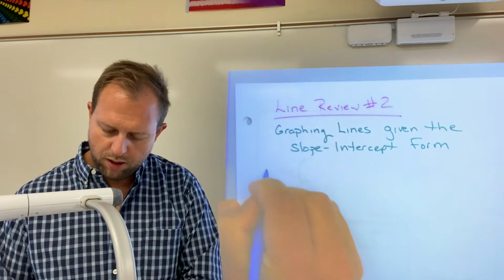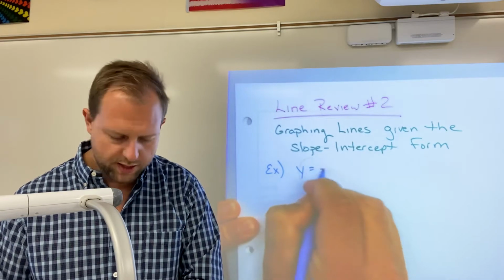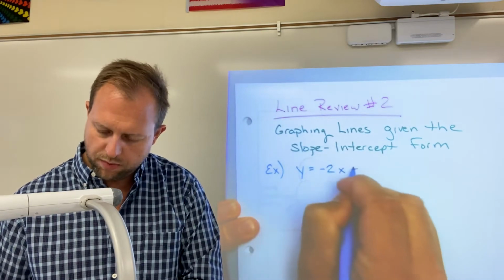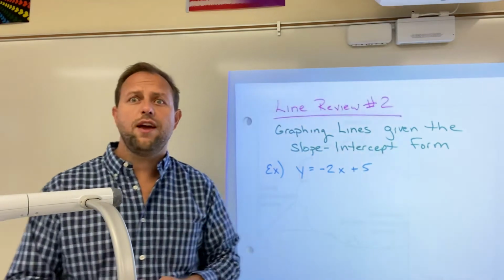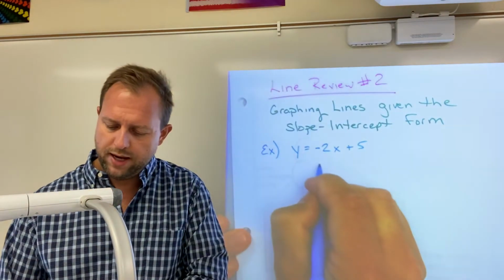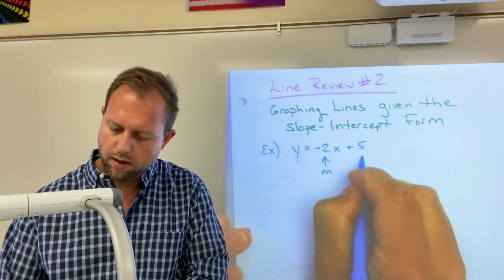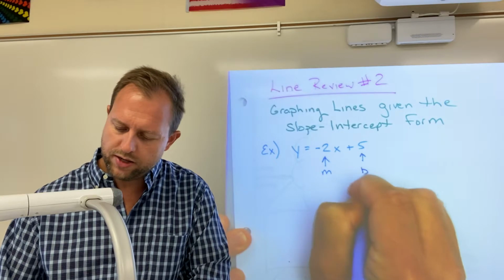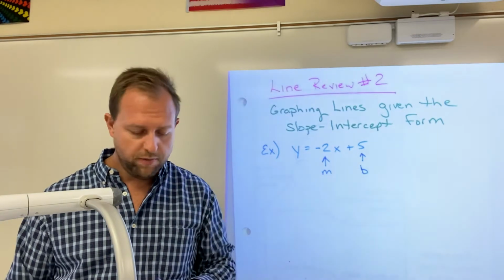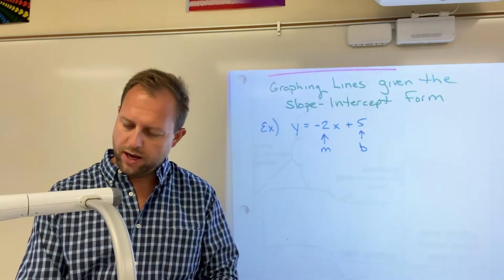First example, y equals negative 2x plus 5. Graphing from slope-intercept form, you'll recall, is pretty easy because we're already given our slope and the y-intercept. So from there, we can just take our coordinate plane